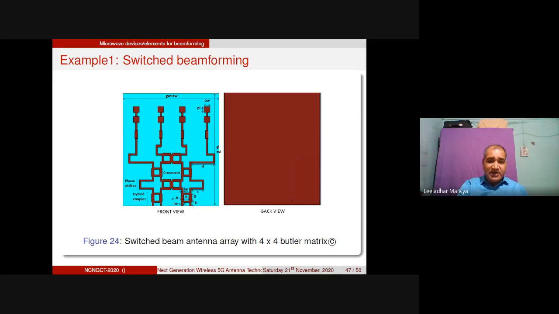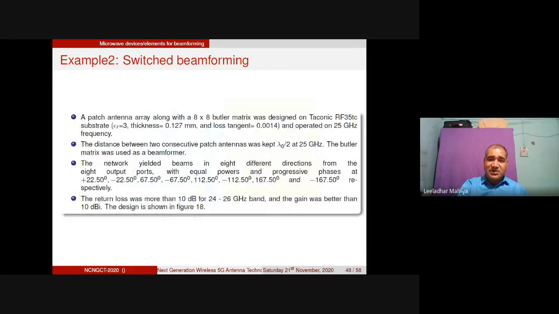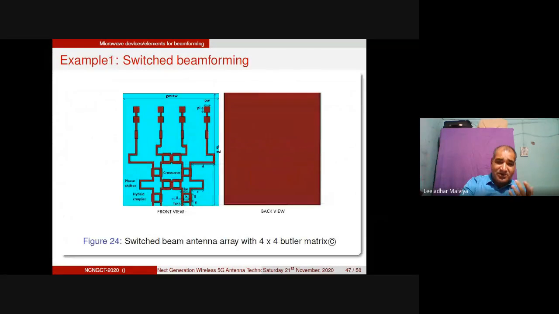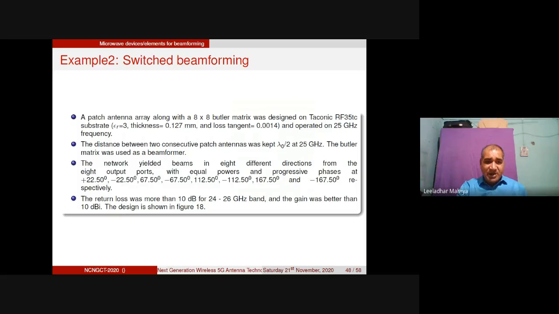Okay, now look at another scenario. This design requires RF 35 PC. If you look at the previous designs, we used either FR4 for the lower frequency applications, and for higher frequency applications like 28 gigahertz, we used the Rogers RT5880 Duroid substrate, with 0.035 mm thickness of the copper and 0.79 mm thickness of the dielectric substrate. So please remember these things here.